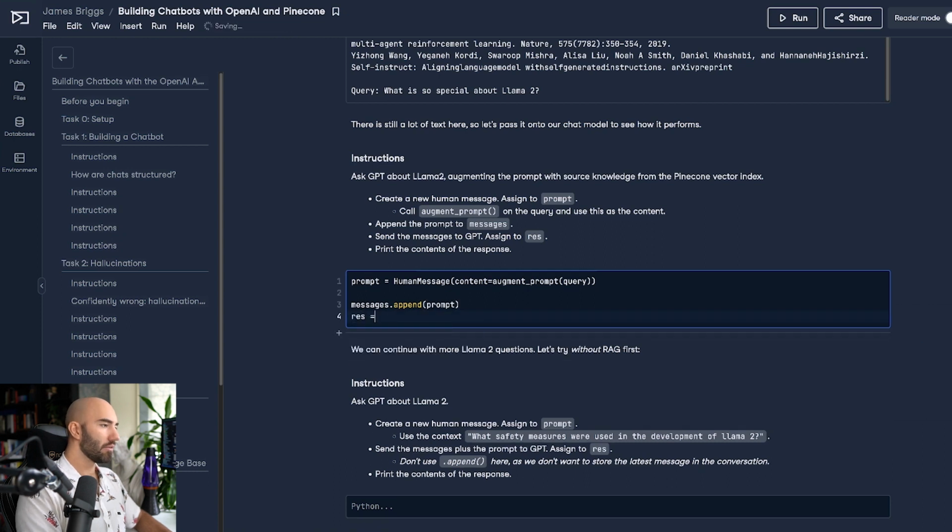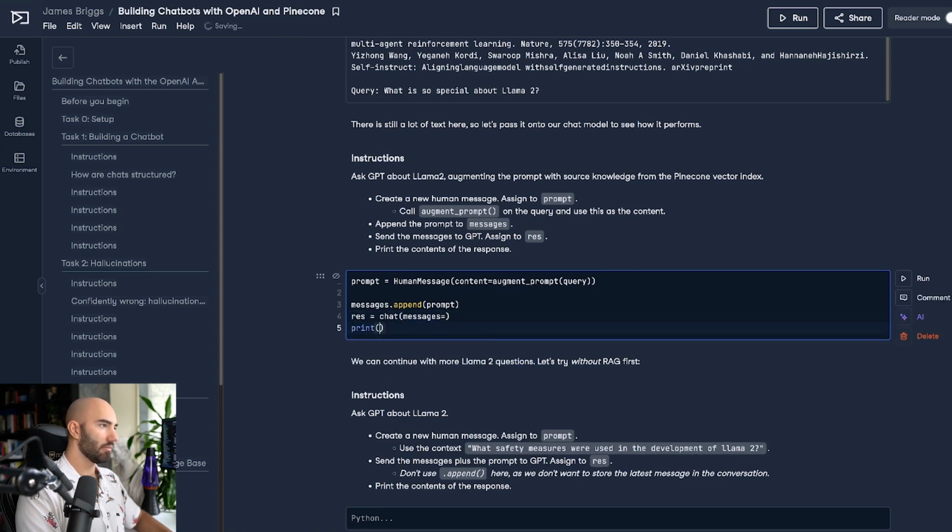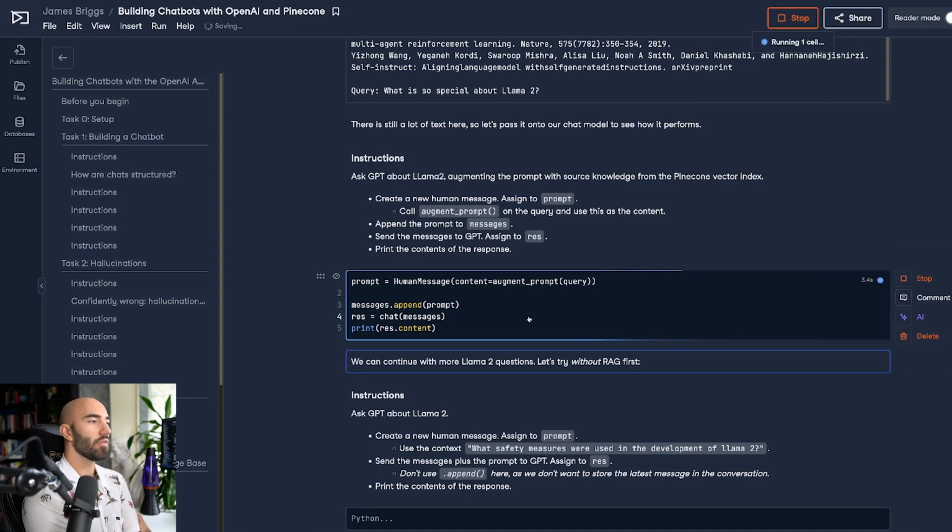We're going to send those to our chat model here, and we're going to print the response. Okay, remove that. So let's see how it performs with our new augmented query.